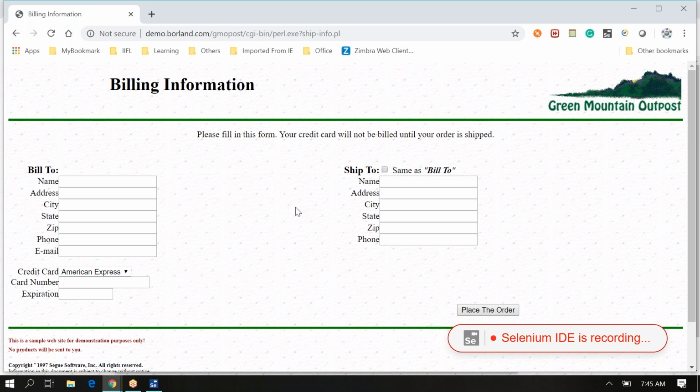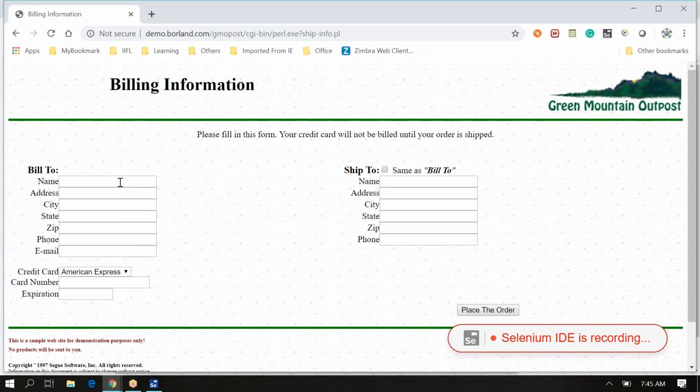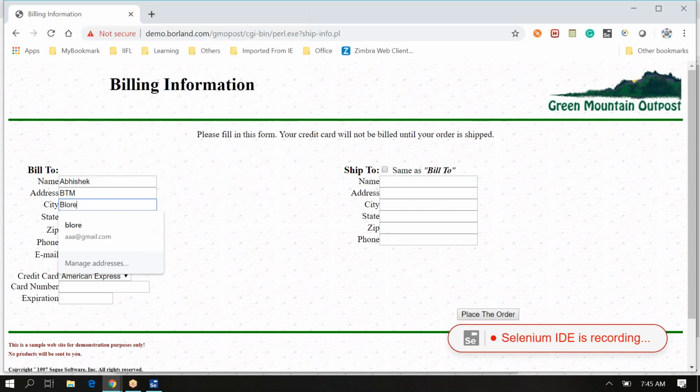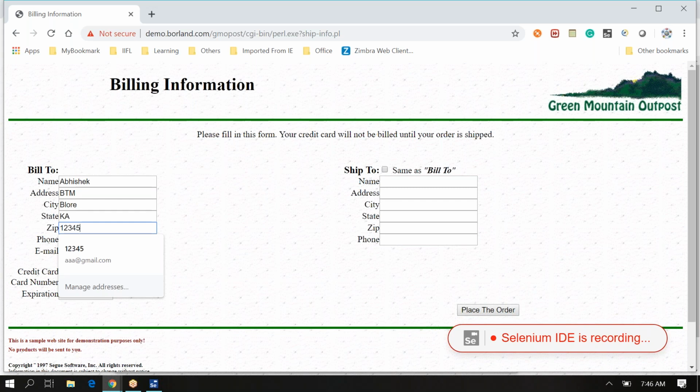In the same way, if a new page loads, the background HTML structure also gets refreshed. So that will be a completely new structure. Anyway, those are the internal things. We'll talk about all these things. Don't worry. So these two buttons I clicked. Now let me enter the name, address BTM, city say Bangalore, state say Karnataka, zip code you have to enter a 5-digit zip code. Phone number